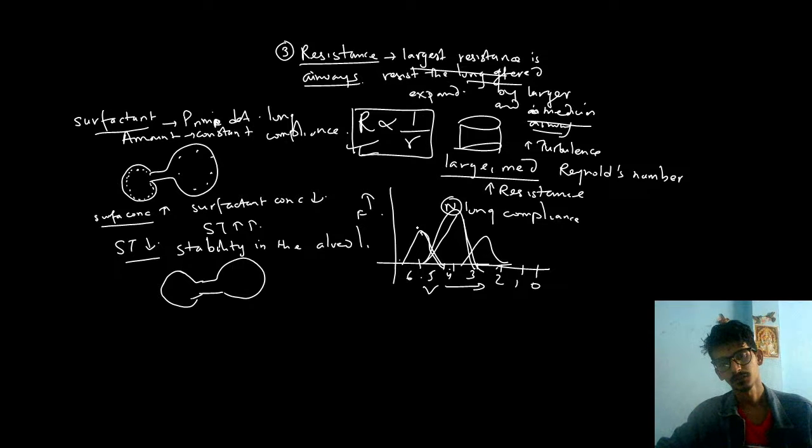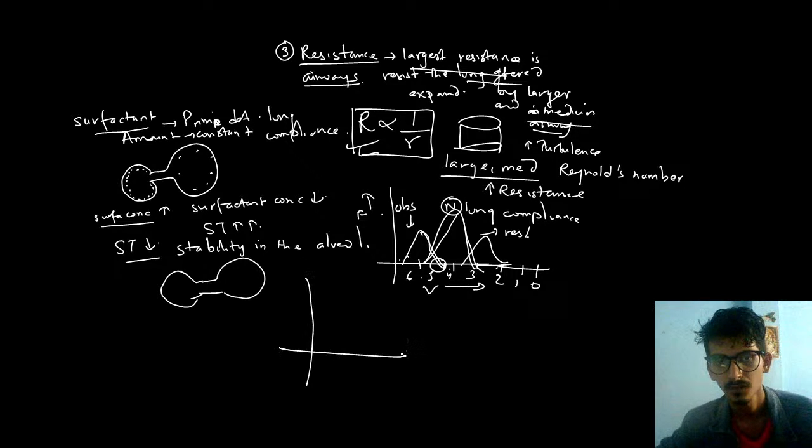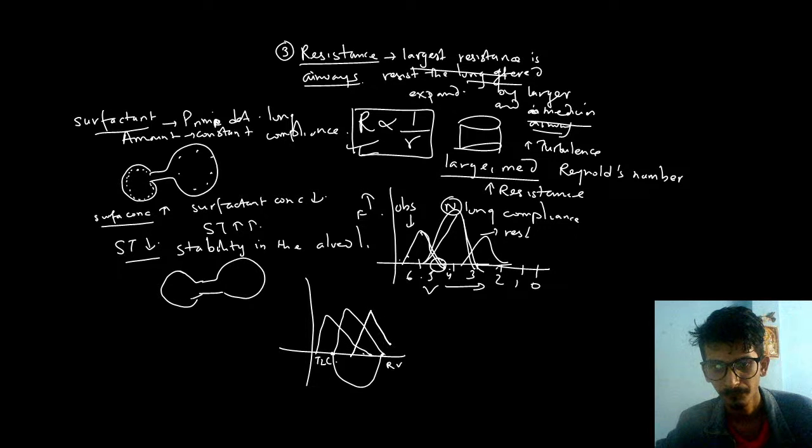So from this graph, this is a case of obstructive disease, this is a case of restrictive disease. How do I know it? Because if I see the residual volume, this is initially the residual volume, because in our flow volume loop we had this same graph. This is the residual volume, and this is the total lung capacity. Suppose this is normal, then if I plot here and if I plot here, what this basically means is that the residual volume in this graph is less, the total lung capacity achieved is also less. So this is a graph of a restrictive lung disease,